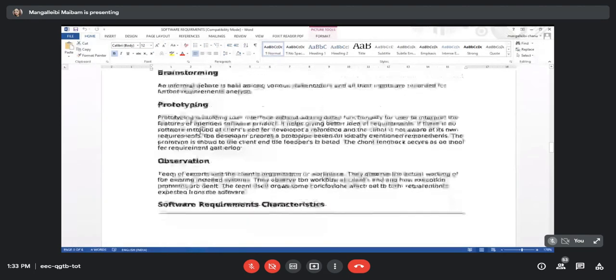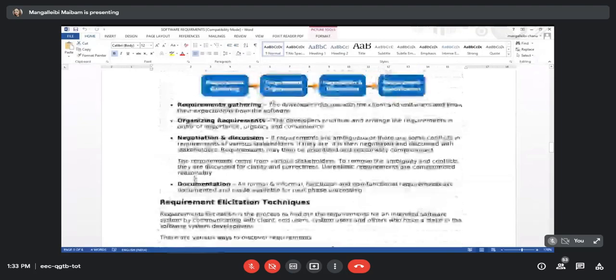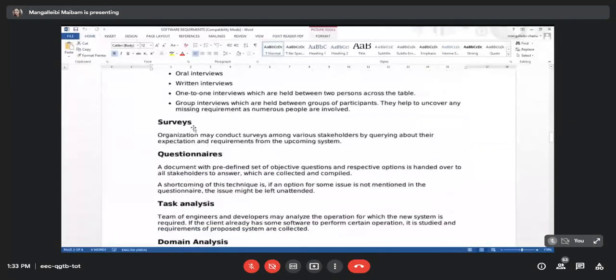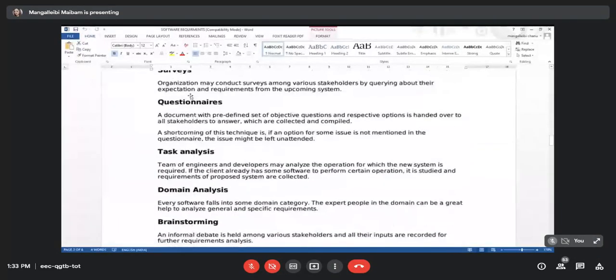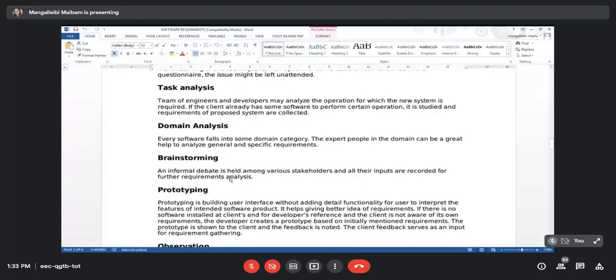Like this, you go through all the steps. The steps which I have just told now are under requirement elicitation techniques. We have interviews, surveys, questionnaires, task analysis, domain analysis, brainstorming, we have